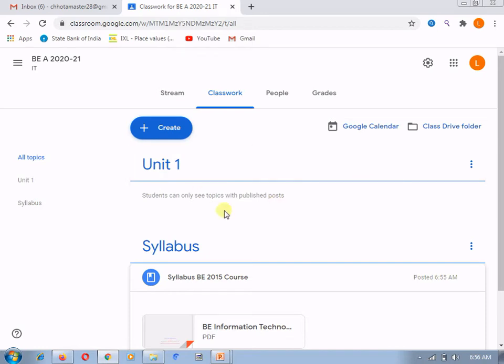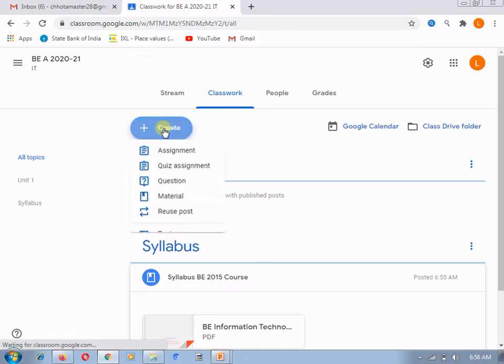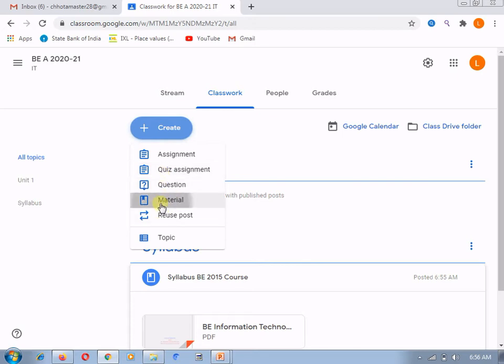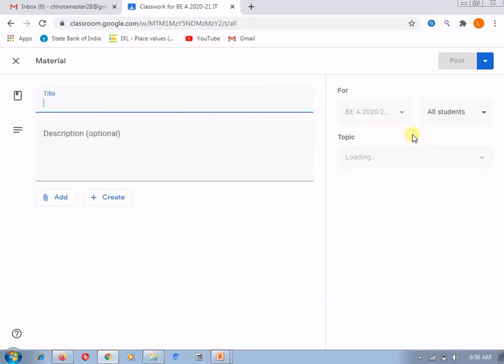But now suppose I want to add content in unit 1, so I will create the material. In this creation of the material, different topics are available, from which I will select unit 1. Under unit 1 I am going to post the material.